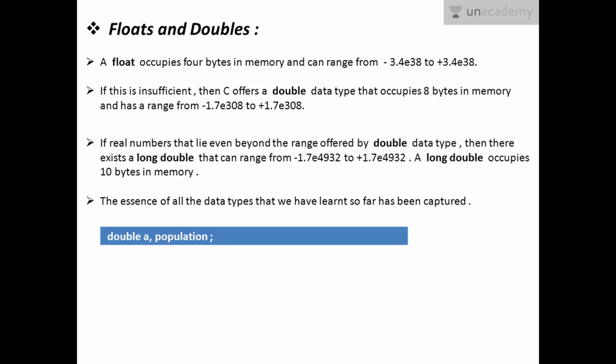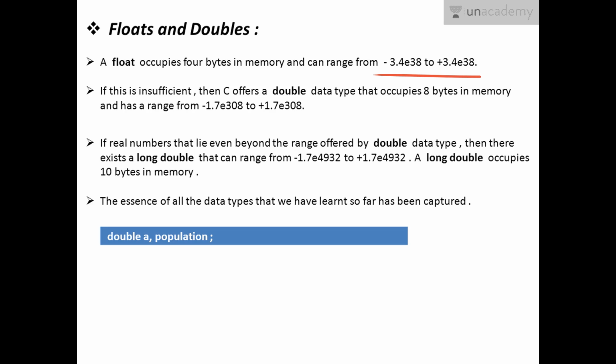This occupies 4 bytes of memory, and the range of the float data type is minus 3.4E38 to plus 3.4E38. And if this is insufficient, then C offers double. Double has a much higher range compared to float.